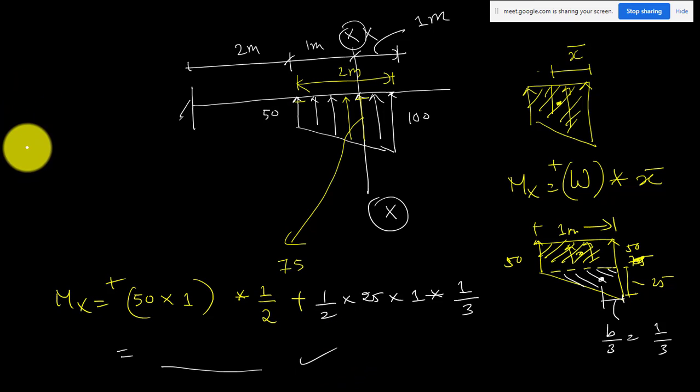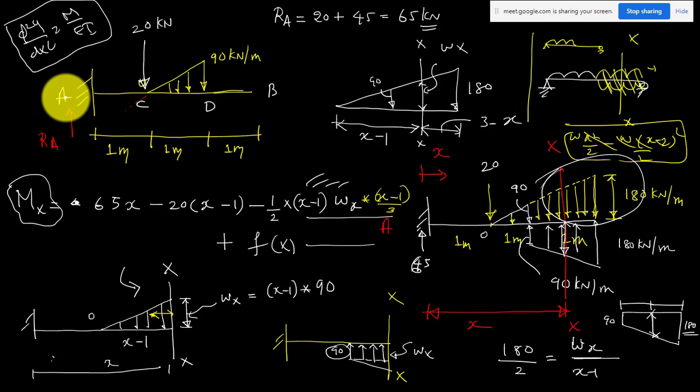If you can, you do it as a trapezoid. Find out the total load as the area of this trapezoid. Locate the CG. Multiply with the CG distance. That will be the moment. That is the concept. The remaining thing is you have to sit and solve. Okay, you have to just sit and solve.